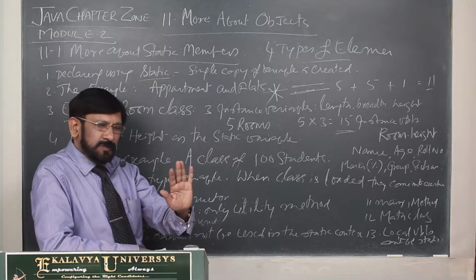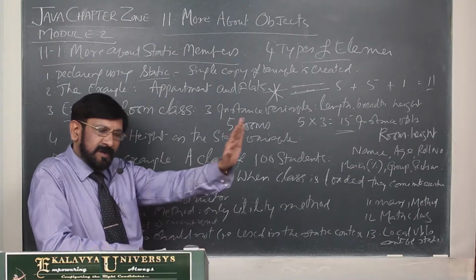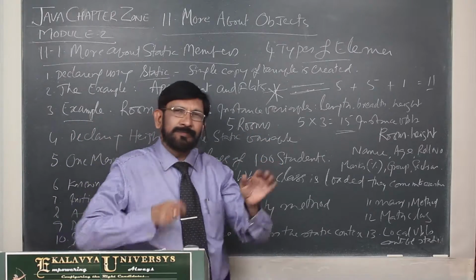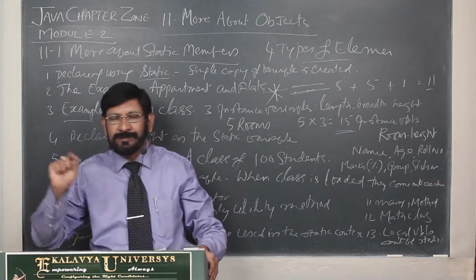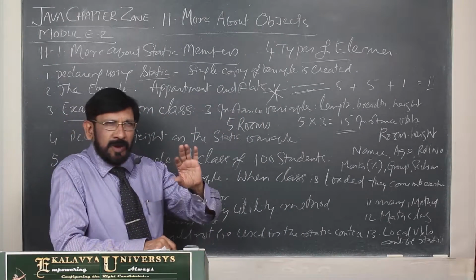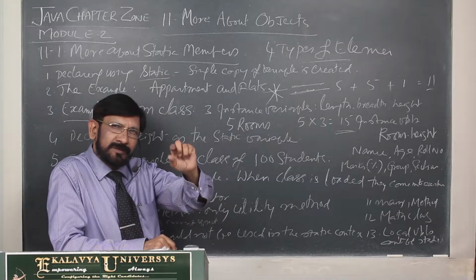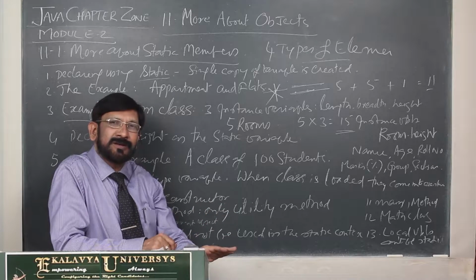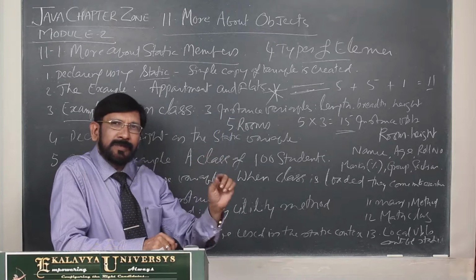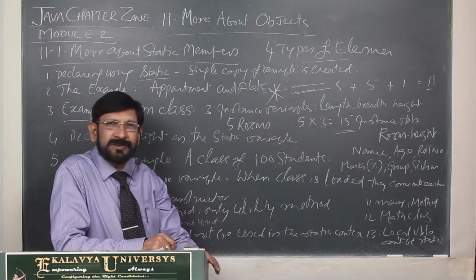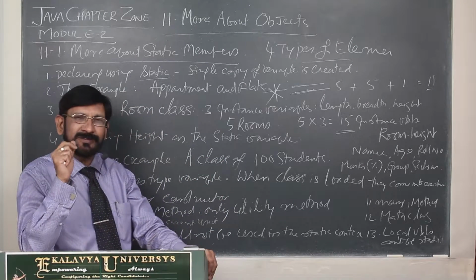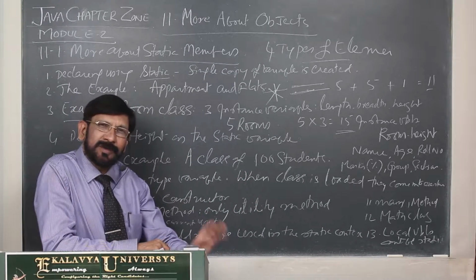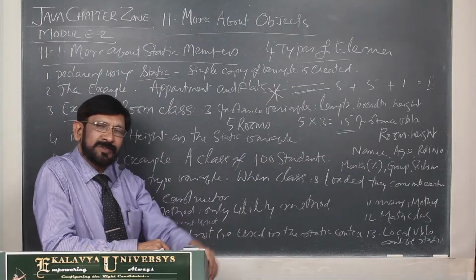In such a case, if you find the difference between the methods, that is calculate floor area and convert square feet into square meters, if you are able to understand the difference in their functionality analytically, then you can understand. You obviously can find the difference. So the second one is the right candidate for a static method. The first one is the instance method.